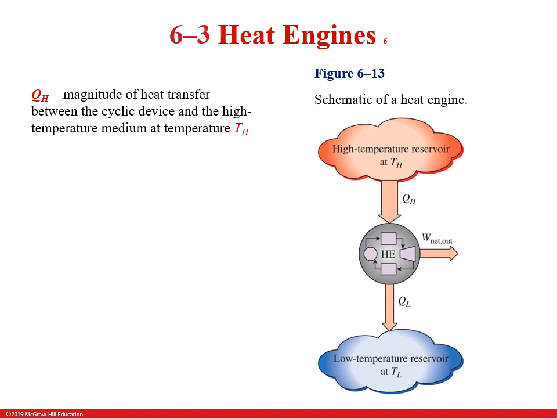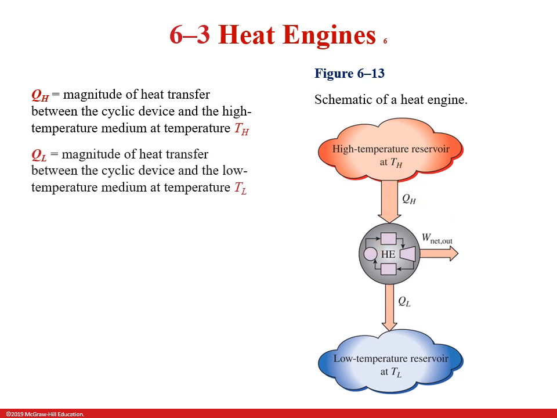So QH is the magnitude of heat transfer between the high temperature medium and the cyclic device at this temperature, T hot. QL is the magnitude of heat transfer between the cyclic device and the low temperature reservoir, and this is denoted by TL, right? So these are constant temperature reservoirs